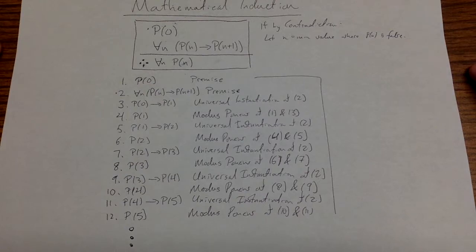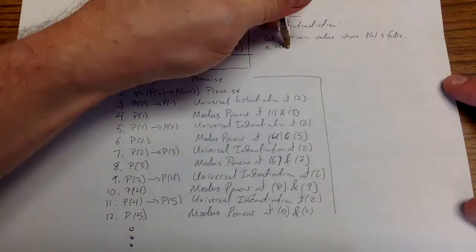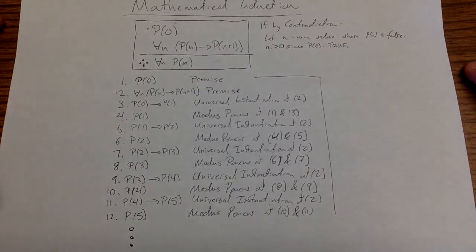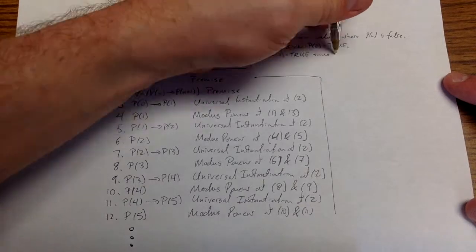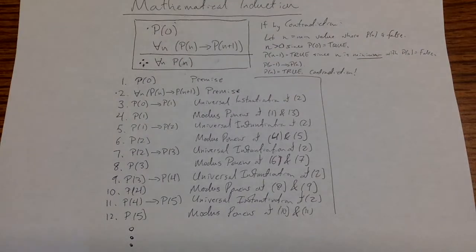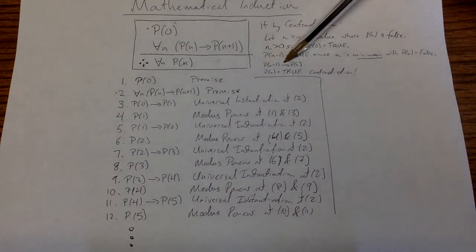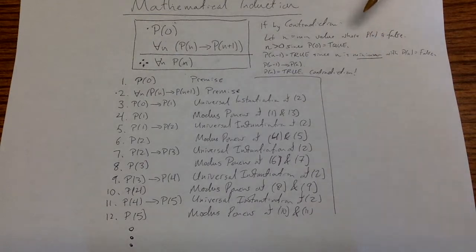If I let n be the minimum value where P(n) is false, I know that n is not 0 because P(0) is true. But then it must be that n minus 1, I can plug into the propositional function and get a true value. P(n-1) is true, my n being the minimum where it's false, but I also have that P(n-1) implies P(n) by using universal instantiation again. That means that P(n) is going to be true, which is a contradiction to my assumption that there exists a minimum value where it's false. Therefore, no matter what, we're going to be good.